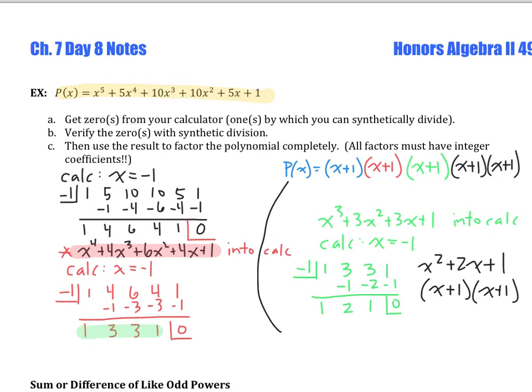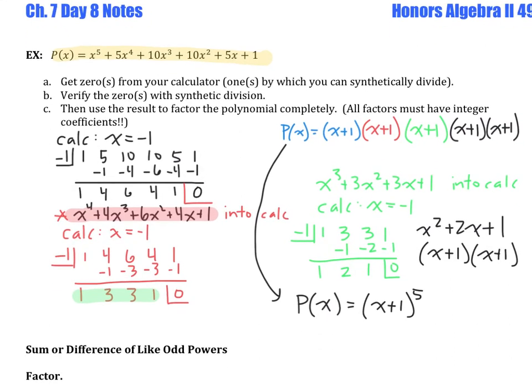I'm going to shoot down here. We could say p of x is really equal to the quantity x plus 1 raised to the 5th power. That's just a case where we have repeated zeros. So if you look back to find another 0 on your calculator, you're not going to see any other distinct zeros. So you could plug in the new polynomial that you whittled it down to, and anything there that's a 0 is considered a new 0, and we can use that